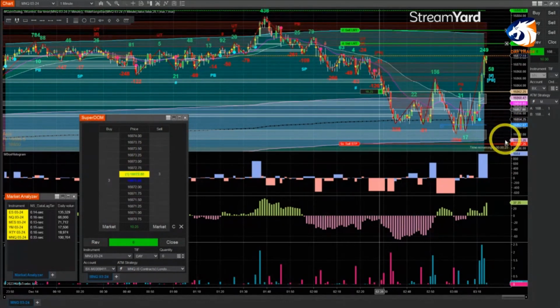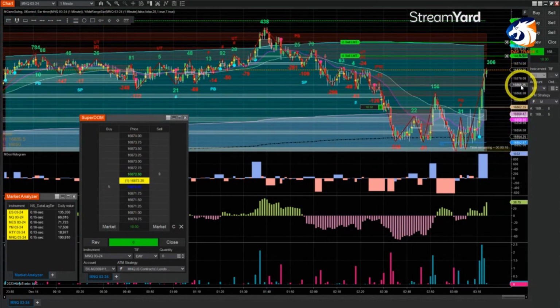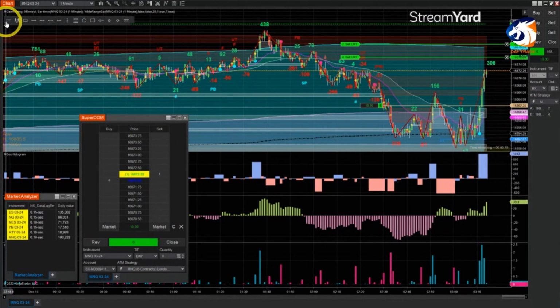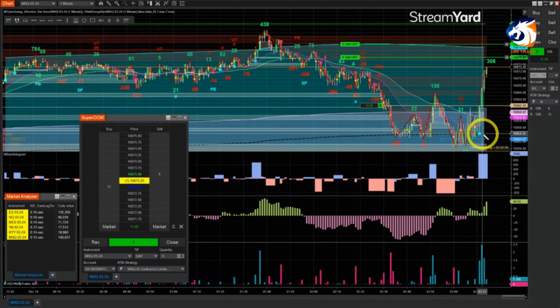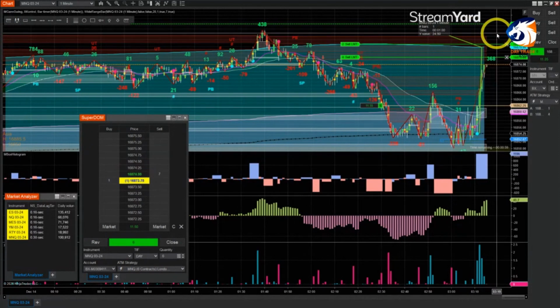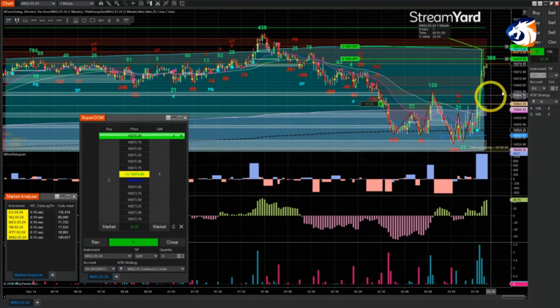Okay. So anyways, what I did was, before I ever entered any trade, I wanted to see what the volatility was, and how did I do that? I measure the width from the VWAP to the +1 deviation or -1, doesn't matter because they're both the same. So that's 24. I said, oh, that's a lot of volatility. So I was waiting for an entry here while I was getting everything set up,